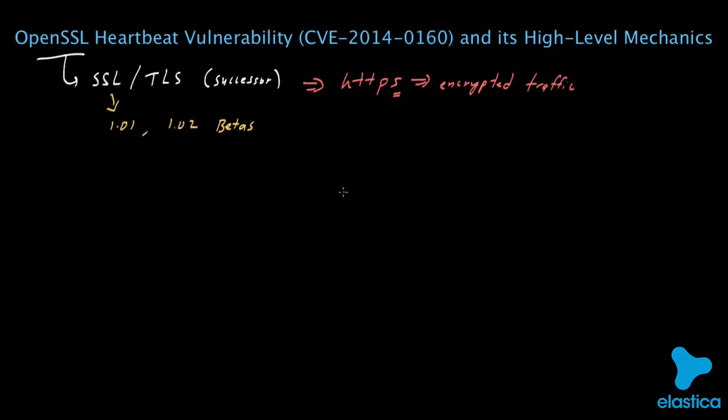In particular, there is an extension to the TLS protocol known as the Heartbeat. And what the Heartbeat extension allows you to do is keep a TLS session up and running even though no real data has gone through it in a while, by simply sending a special message known as a heartbeat request. Now this is useful because before this heartbeat extension, if there was some temporary gap or lapse in data going between a client and the server for some, let's say, defined period of time, then the TLS session might have terminated during that time, and it would need to be reestablished,